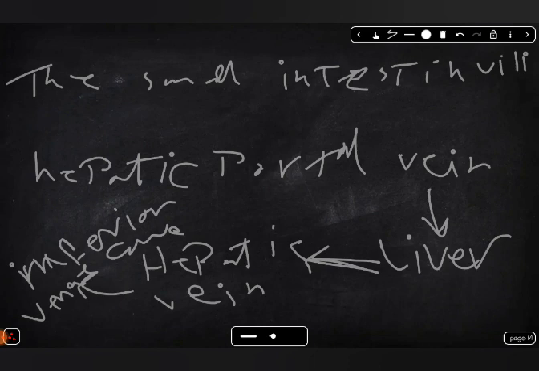We just want to know that the small intestine villi will absorb the glucose and amino acid and then take it to the hepatic portal vein, and then to the liver, and then to the hepatic vein, and then to the inferior vena cava, and to the right atrium. Okay,